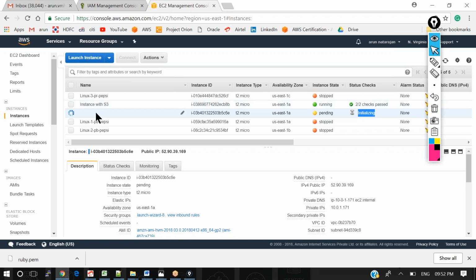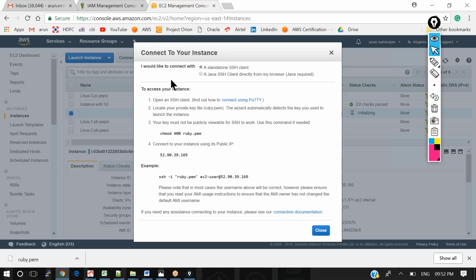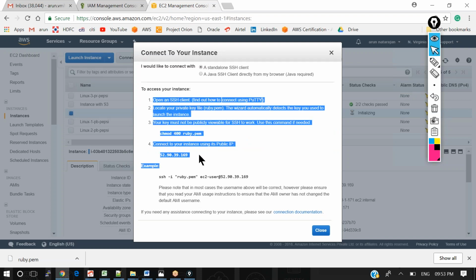work on. Okay, so before that, here we can see the instructions. Now when you click on Actions and then click on Connect, they will tell you the procedure for how to connect to your instance. Okay, so there are two methods. If you are connecting to a Unix machine from a Unix background, that is